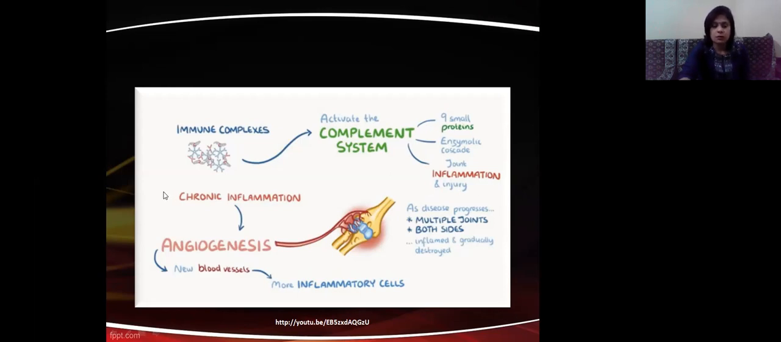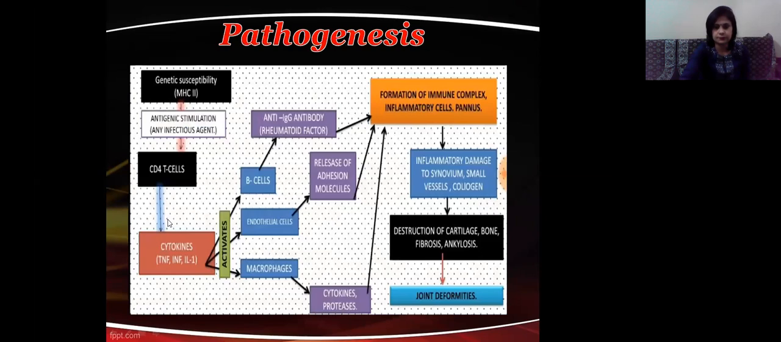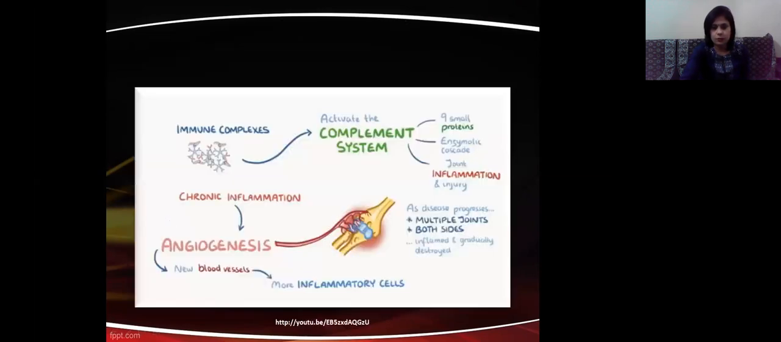So, chronic inflammation will cause angiogenesis, meaning formation of new blood vessels. Now, this formation of new blood vessels will activate more inflammatory cells to come into play. In such a way, as the disease progresses, multiple joints will be affected on both sides. They will get inflamed and gradually will be destroyed. Now, the thing is,